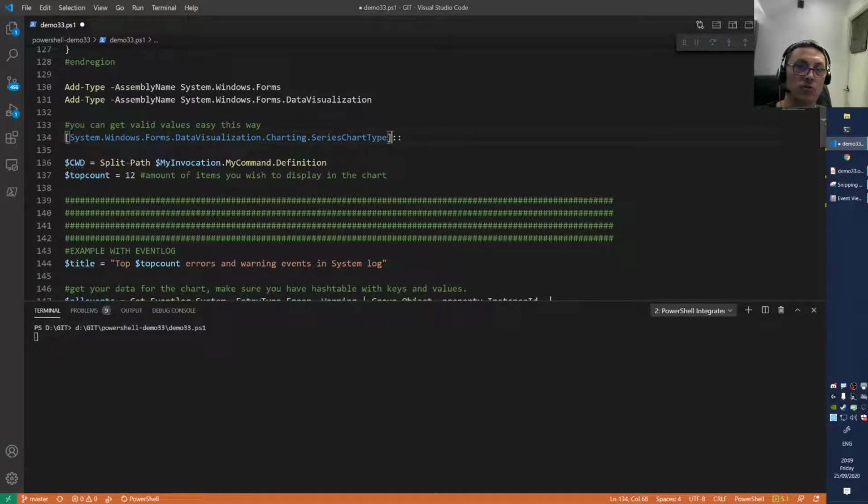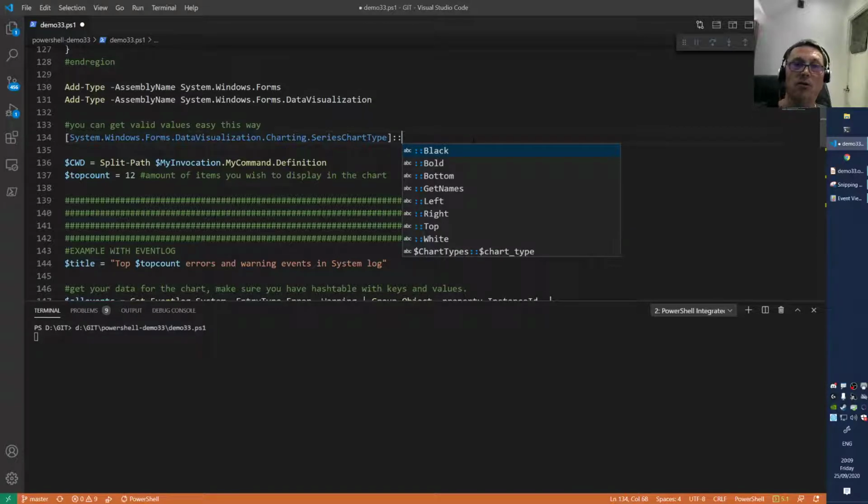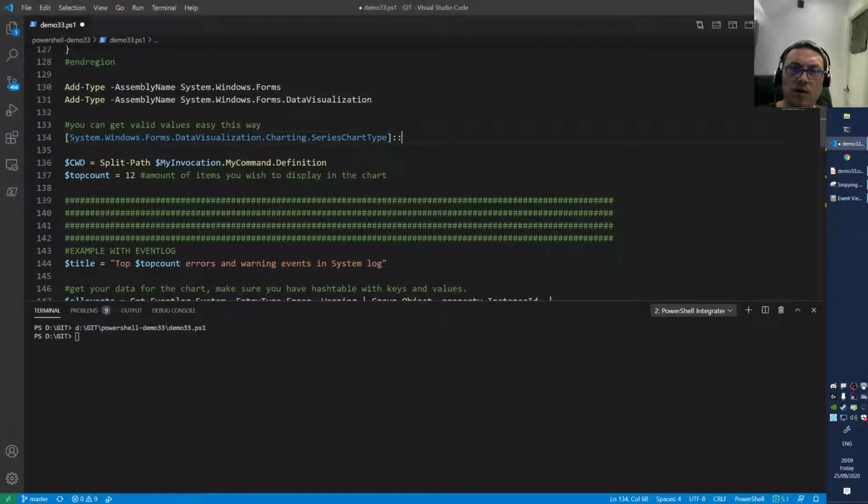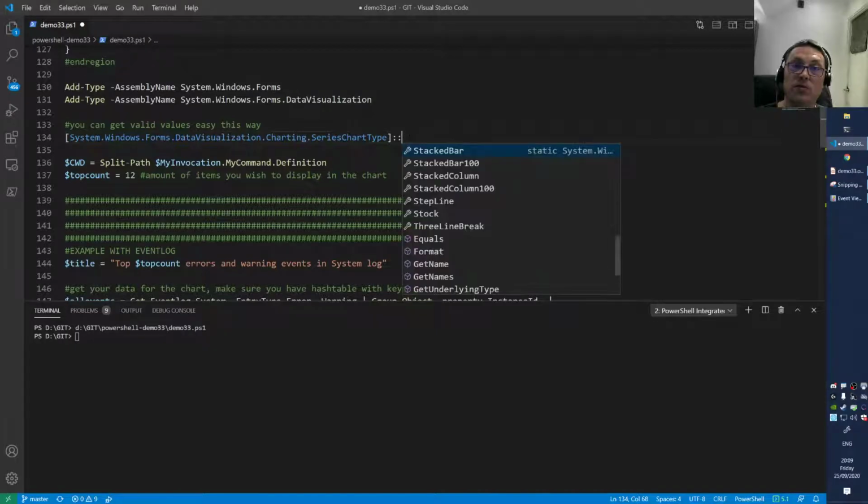So for instance, you have here, you see that whole namespace. And if you do like that, you can call inside of the methods. And if you do then a control space, for instance, you get a whole list of items that are supported there. And there is a bug here. Hang on, I need to stop the script first. So let me exit this one as well. And then we do control space. You see, and now you see all the items that are supported.